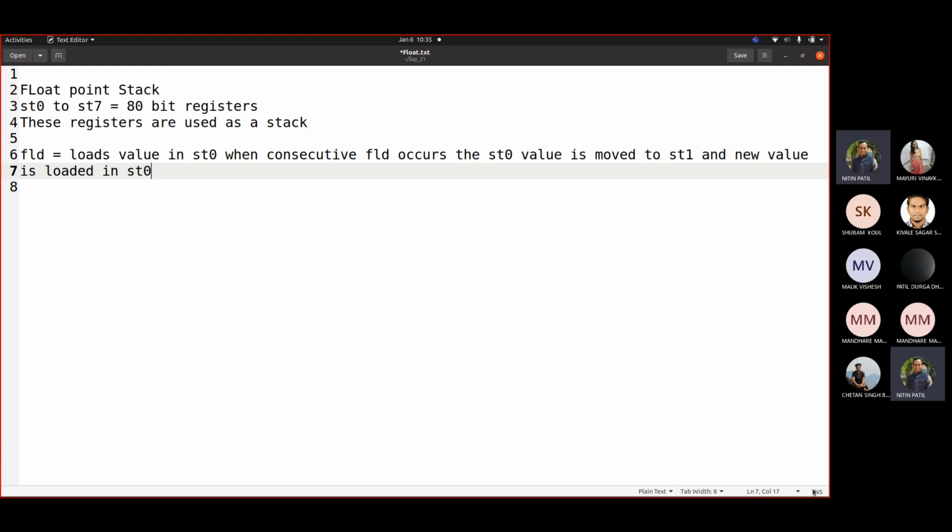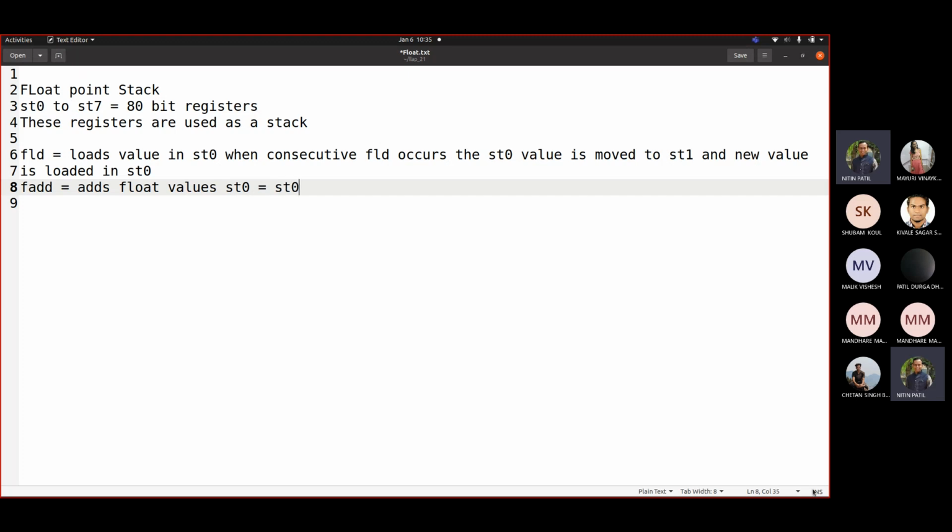Is that fine? So we saw fadd adds float values. Okay, so it requires ST0 equal to ST0 plus ST1, correct, with ST0 comma ST1.